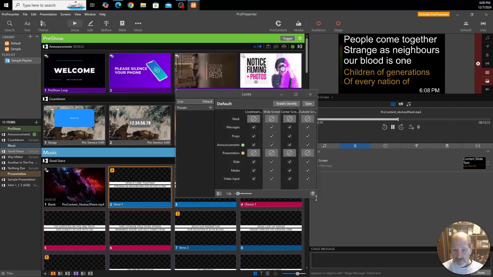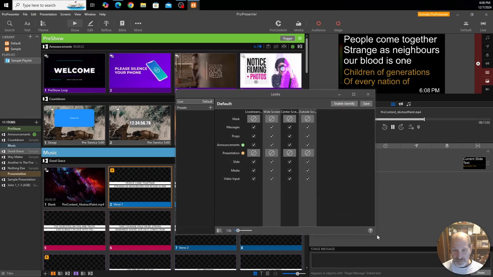So this is what we see on our Edit Look screen. Let me make this just a little bigger. What we see are each of our screens that we set up in the last video: the live stream, widescreen, center screen, and outside screens. Again, these are only audience screens. We don't see stage screens here. So the idea is